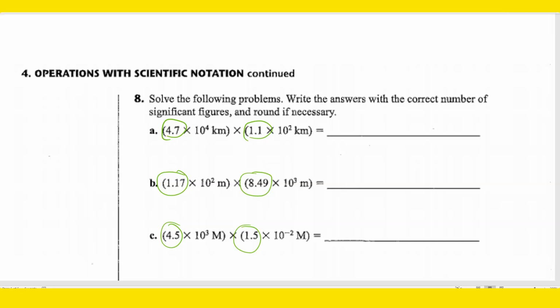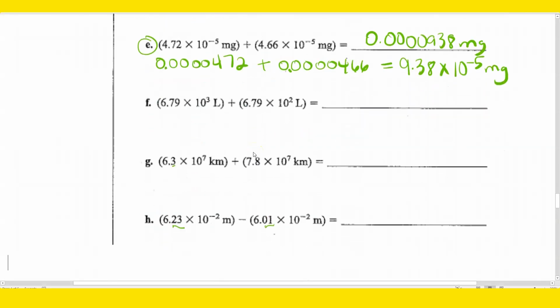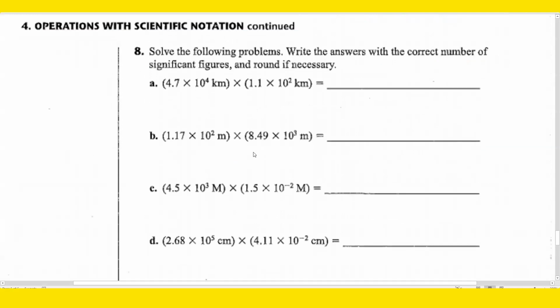So let's go ahead and do letter A, so that we can see how we would work these problems. You've got 4.7 times 10 to the fourth power kilometers times 1.1 times 10 to the second kilometers. Here's what they want you to do. If you want to put it in standard decimal form, that's fine. Remember, 4.7 times 10 to the fourth would become